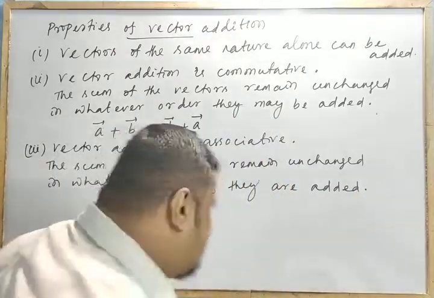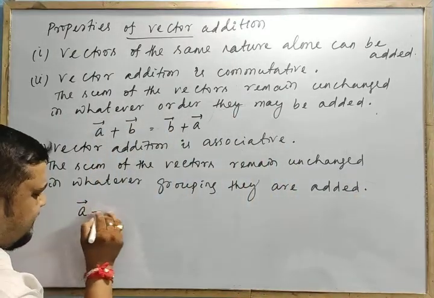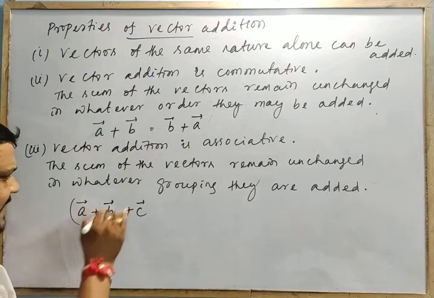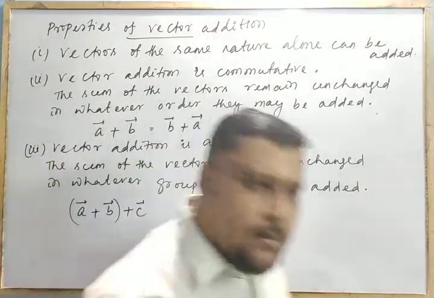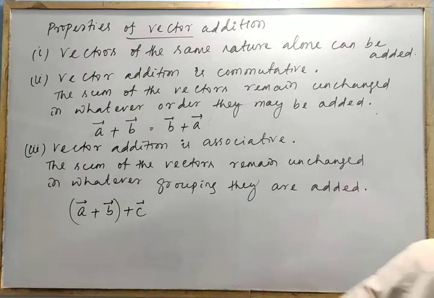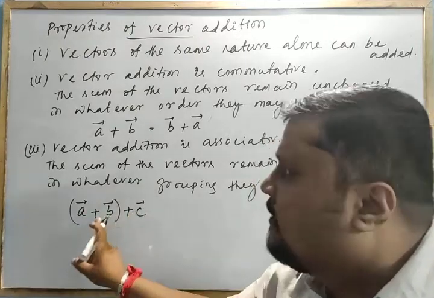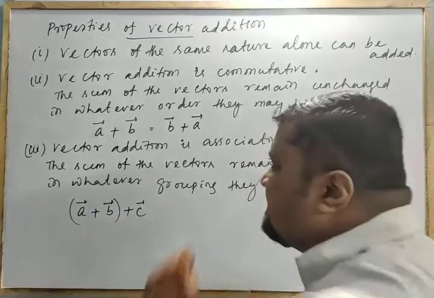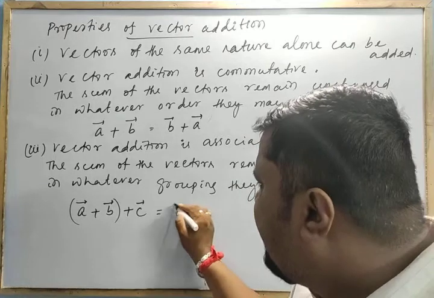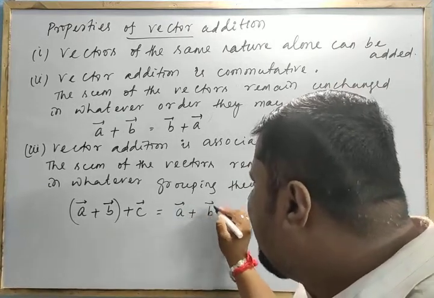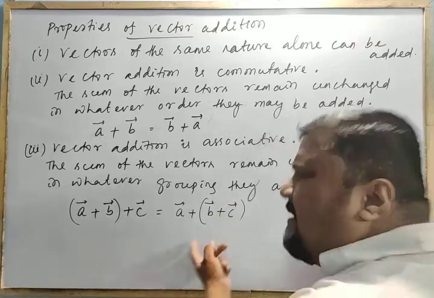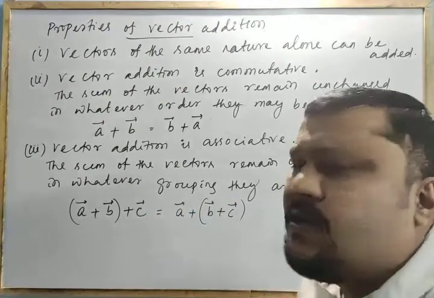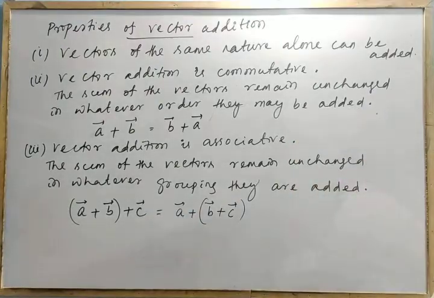Let us consider that there are given vectors A vector, B vector, and C vector. Now I am adding these. One will make this A plus B in a group. First he adds A plus B, then this is added to C. Whatever the grouping, A and B are first added to get the resultant, and that result is added to C. In the same way, you can make B and C also one group. First you do B plus C, find the resultant, then add with A. No problem. Both will give you the same result.